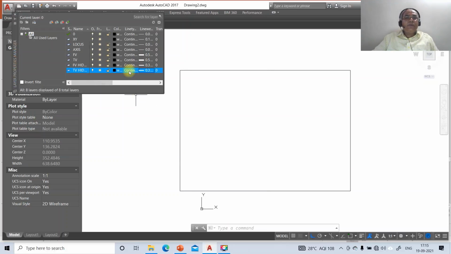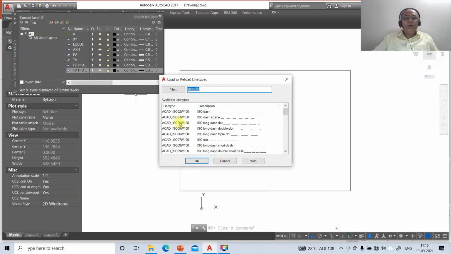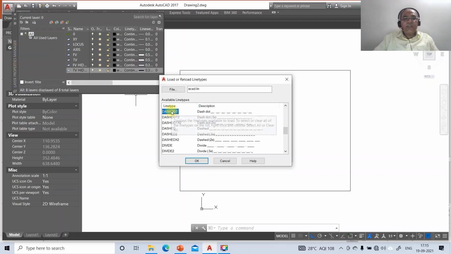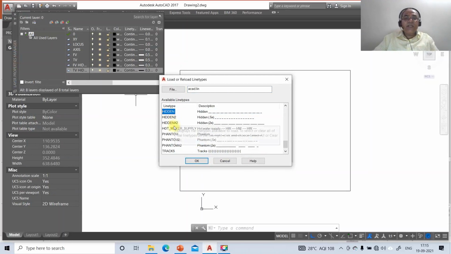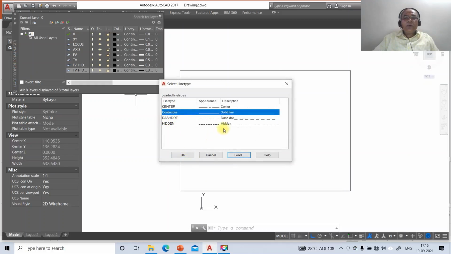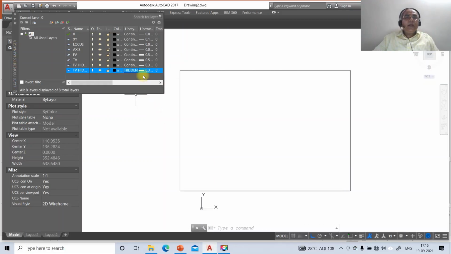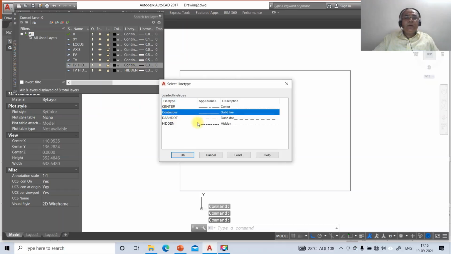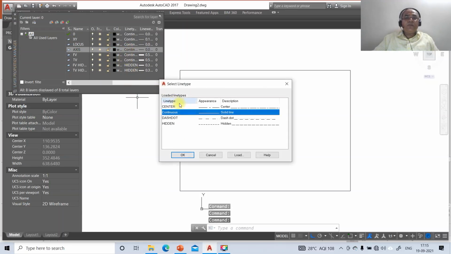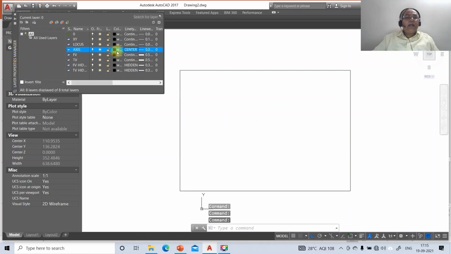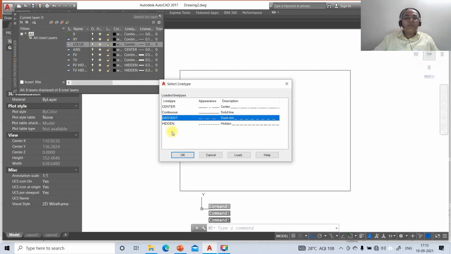Then you click on the top view hidden line type, continuous, click on load, type C for center, enter, again load, come down to dash dot and say OK. Click on load, come down to hidden and say OK. So click on hidden and say OK. And this also should be of hidden line type. And then axis should be of center. And locus should be of dash dot.